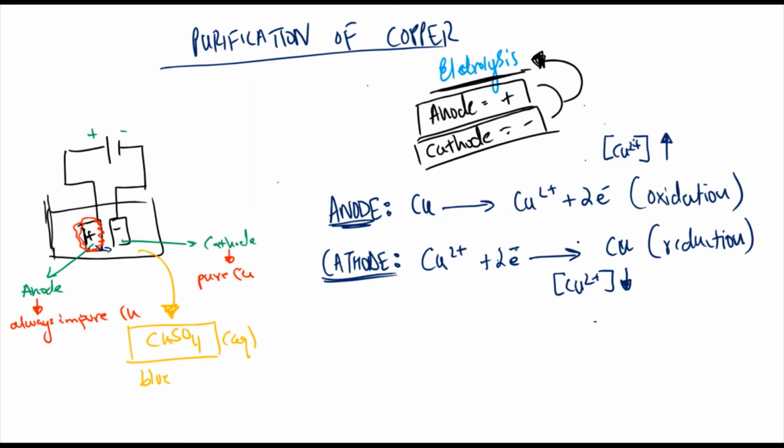But because these two reactions are happening simultaneously, the anode keeps on increasing the concentration of copper 2 plus ions and the cathode keeps on decreasing the concentration of copper 2 plus ions. और वो क्योंकि 1-1 मतलब same ratios में हो रहा होता है, तो overall we say that the blue color of the electrolyte remains the same. It does not fade. ठीक है,